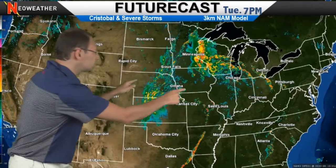If you like a mix of some pretty active weather and warm summer heat, here you go. Definitely an active pattern over the course of the next couple of days. Look at that, even some snowflakes around the Denver area. This is Cristobal remnants. Depression as it heads northward, bringing a great amount of rain, and these two systems will